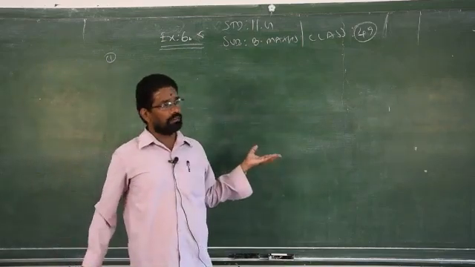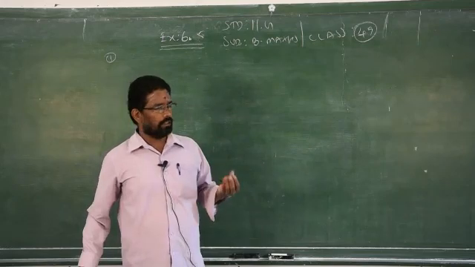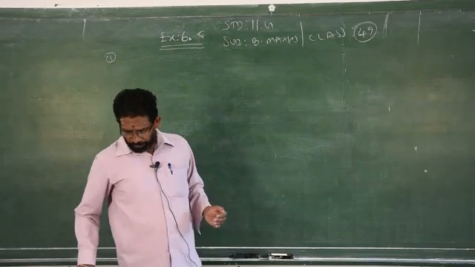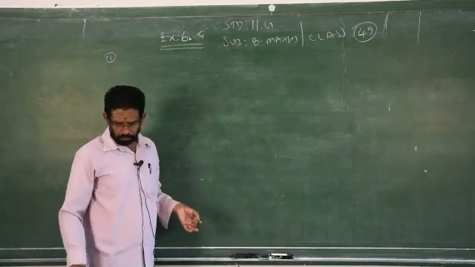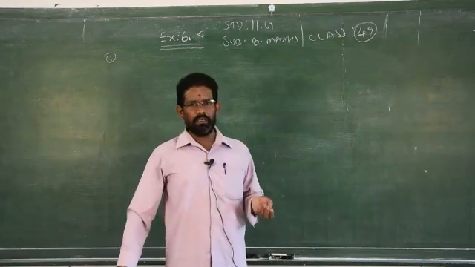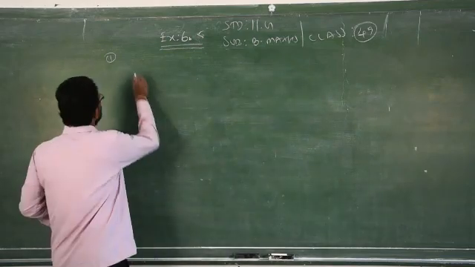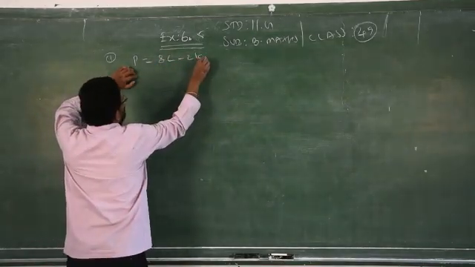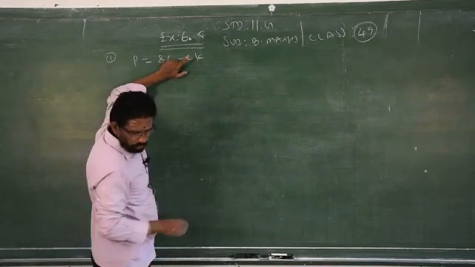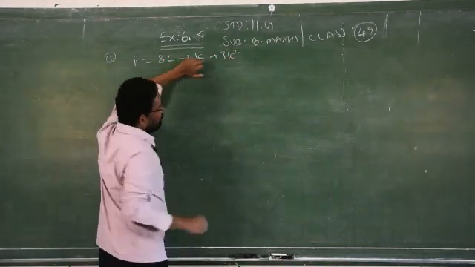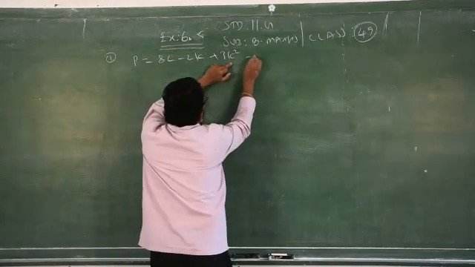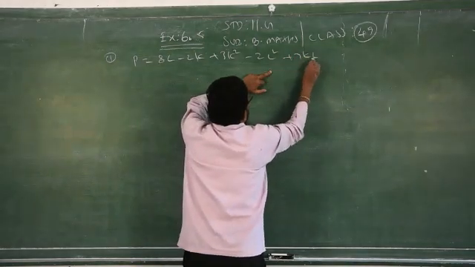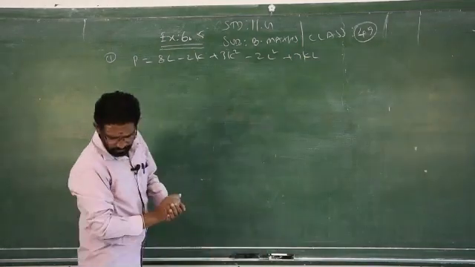In the previous exercise we learnt about partially differentiating the function with respect to the x variable and y variable. Here you find partial derivatives with respect to K and L. Instead of x and y, it is given K and L. That's all. So P is equal to 8L minus 2K plus 3K square minus 2L square plus 7KL. Some values are given, doesn't matter, we'll see that.